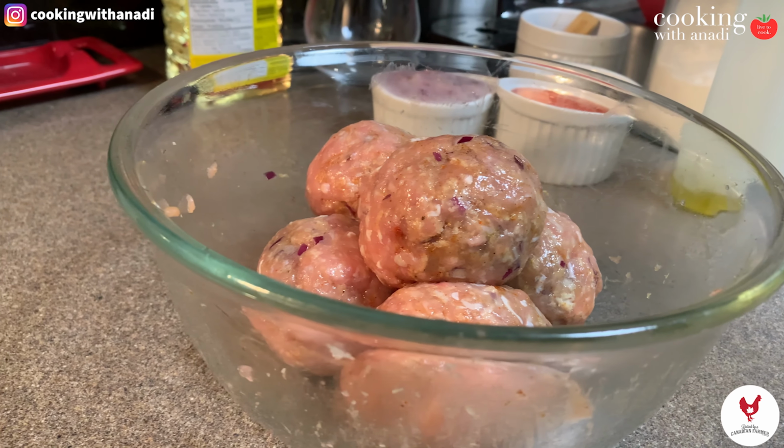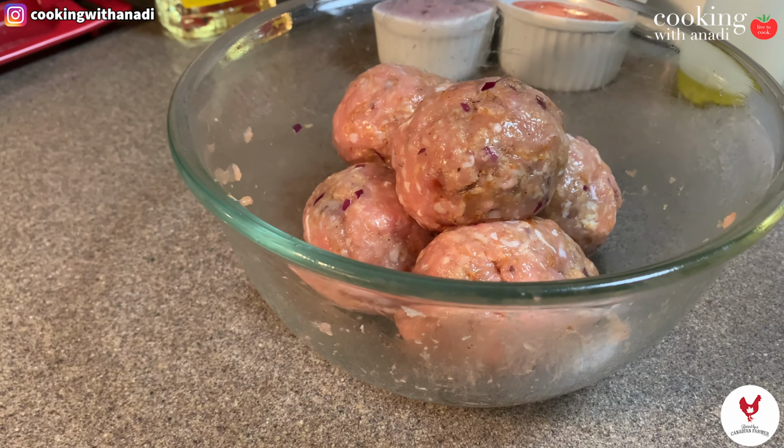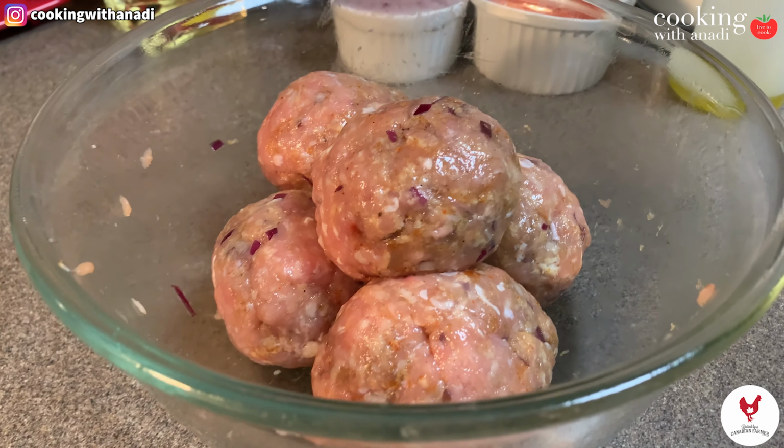The reason why it's so easy to work with chicken, which is usually moist, especially in the minced form, is because we added those panko breadcrumbs, and that really helps to remove that stickiness and really make it easy to work with. With lamb, if you try to use that, you will most likely not even need the breadcrumbs, because minced lamb is not as moist as minced chicken. Do the same with as many koftas as you're making,